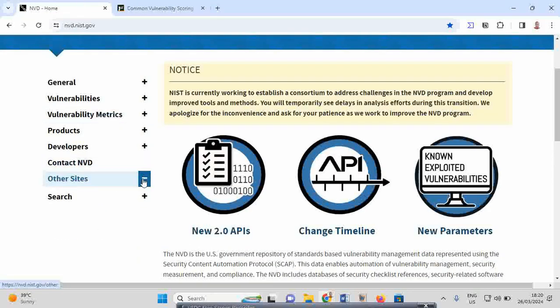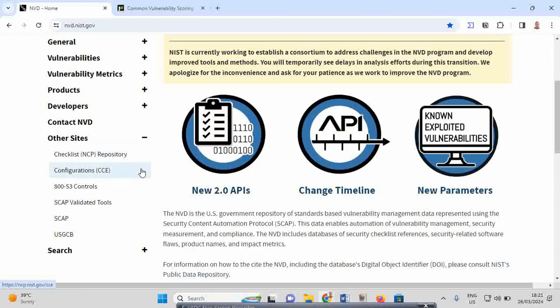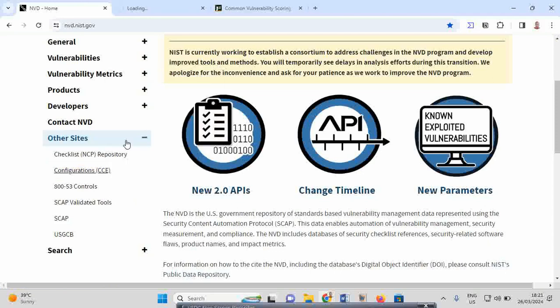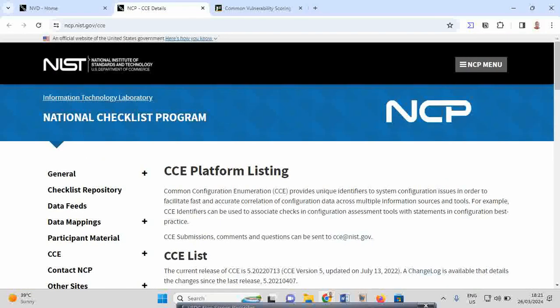We can as well look at other sites. You can check the NCP repository. And very interestingly, I would like us to look at this particular site here, configuration CCE, which I explained earlier, which stands for Common Configuration Enumeration. So let's look at this page. Remember, you can search for